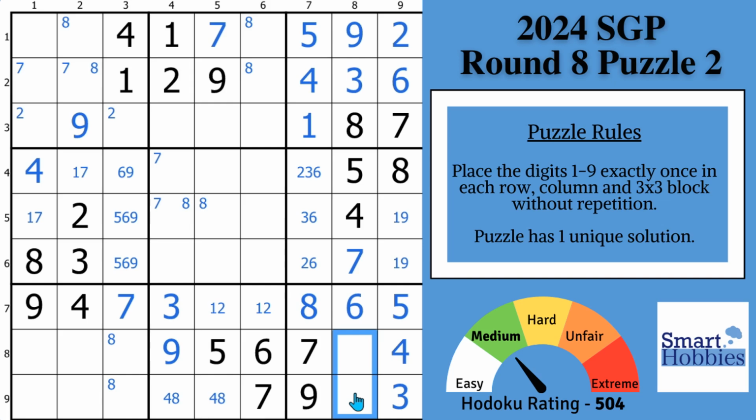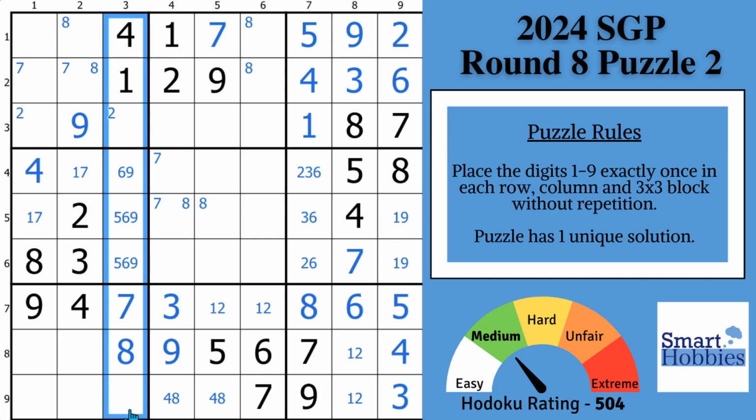What you have left here is a 1 and a 2. And these 8s act as a pointing pair right here. So this can't be an 8 anymore. So that means that has to be the 8. And then if you look across, actually, if you look up here, we can actually solve the rest of the cells. Well, 2 more cells here in column 3, because now you just need a 2 and a 3. Got my 3 right there, so this is going to be your 2, and that's going to be your 3,